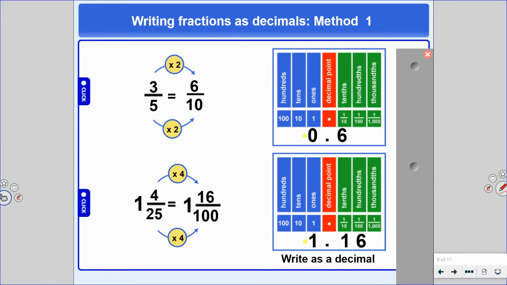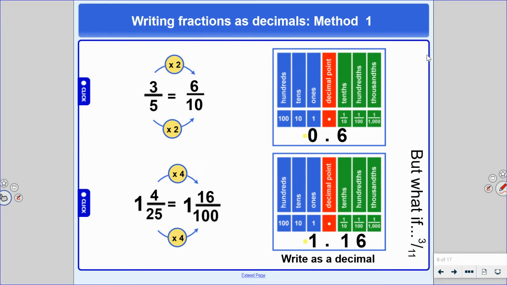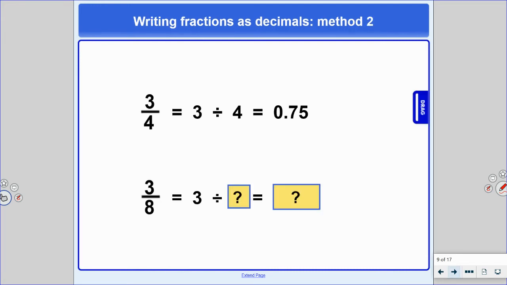Now that's all fine and dandy when the denominators can be converted, but what about things like 3/11ths? 11ths cannot be turned into tenths, it can't be turned into hundredths, it can't be turned into thousandths. What do we do then? Well, method number one is great when it works, but method number two always works, and that is simply understanding